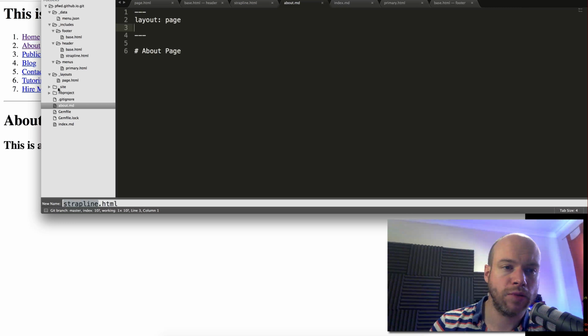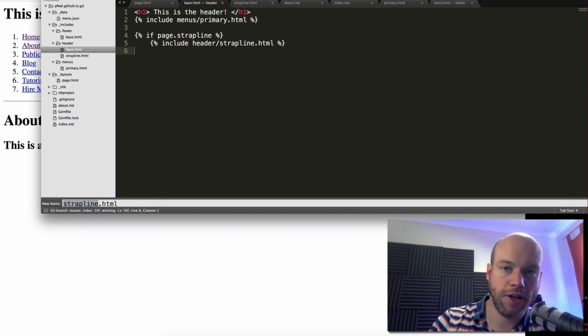So what we could do is create an if statement around this to include the strapline if we have a strapline. And the way we would do this is using this liquid formatting. So we do percentage if page dot strapline. So if that is true, then we close that off, and then like with the for eaches, we do end if. Whoops, all one word,